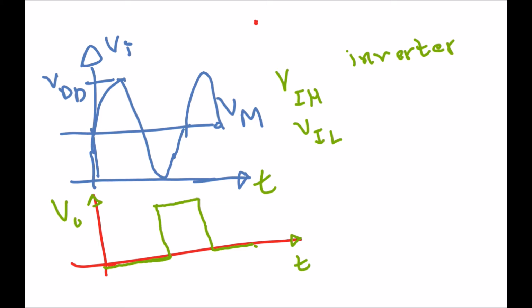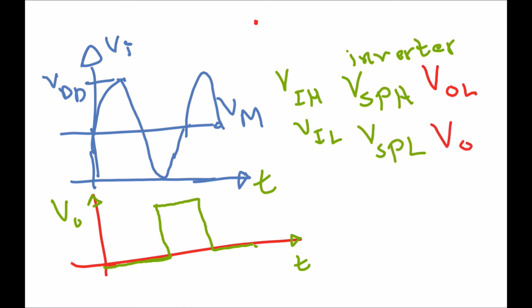So when we refer to V input high or V switching point high for the Schmitt trigger, we mean that V output is low. And when we refer to V input low or V switching point low, this means that we have V output